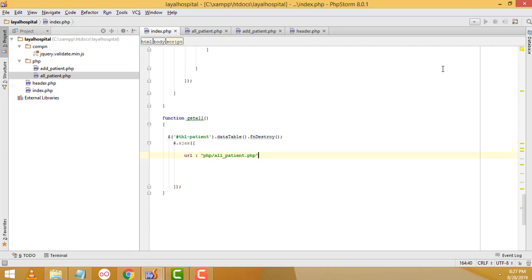Comma, type, you have to write as a get, comma, data type JSON, comma, we have to write the success function,